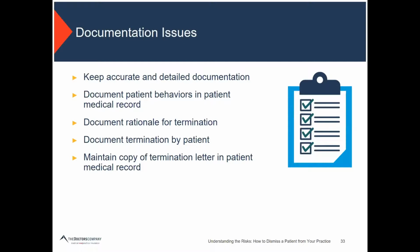And he said, the best thing I ever did was, I kept giving this patient chance after chance. The best thing I did was finally decide I'm going to cut bait. You have to be sure that you have a copy of the termination letter in the patient's medical record. And when you have an unruly patient,